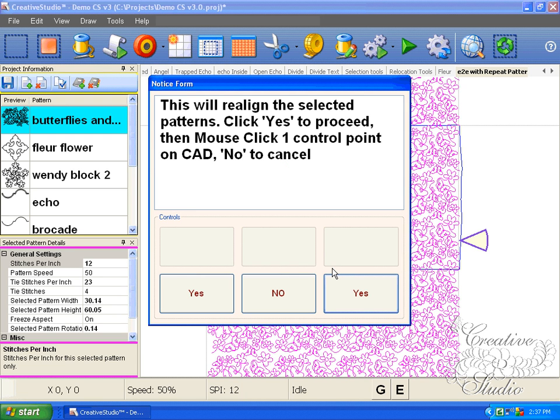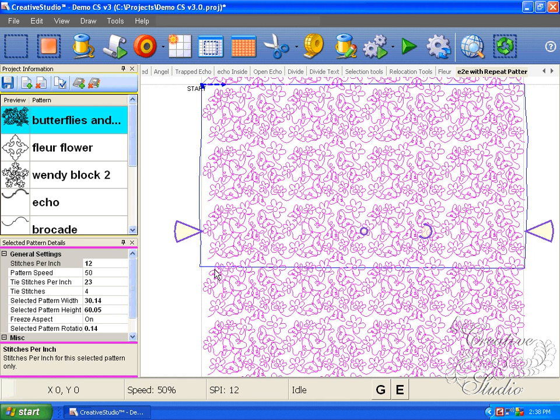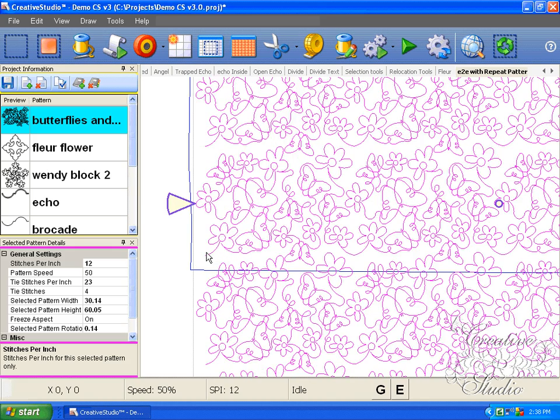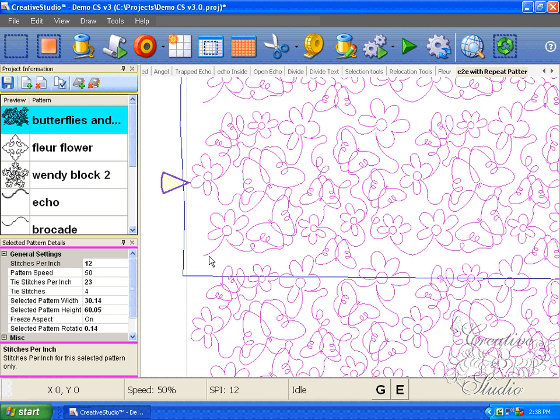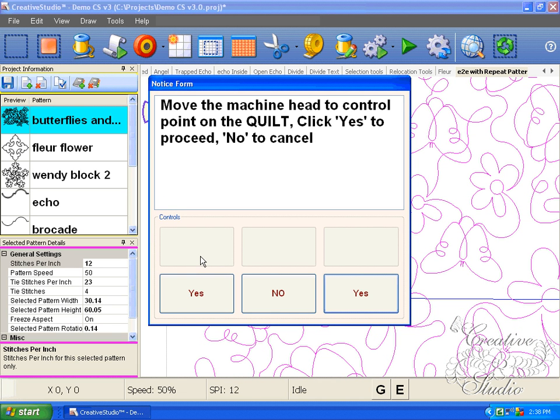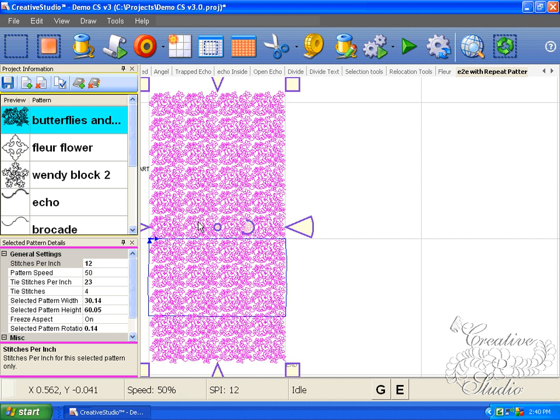This will relocate the selected patterns, which is all of them. Click Yes to proceed. Now, you can click any point on the CAD to proceed. You know, it makes sense to click this endpoint here to where it'll line up. You have everything selected. The only endpoints are at the start and the end of the pattern. So I'm going to have to zoom in and just use my eyes to place this at the beginning. Okay, I'm going to move the head to that point. And click it. Okay, everything moved up,